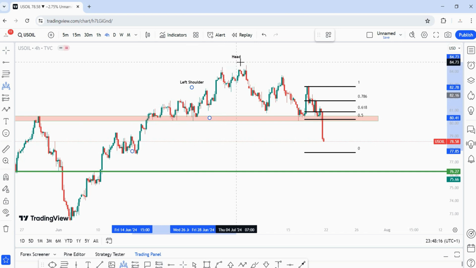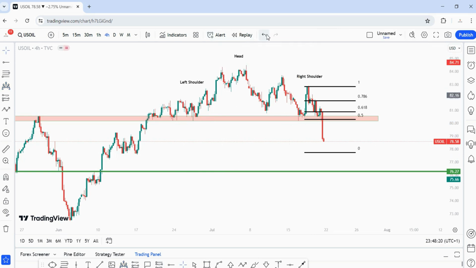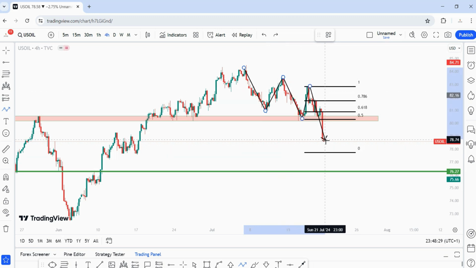If you choose not to look at it that way, it's also fine. So it doesn't really matter. Let's just focus on market structure. Market structure wise, price has created a low, a lower high, a new lower low, a new lower high, then a new lower low. So I think price is going to,